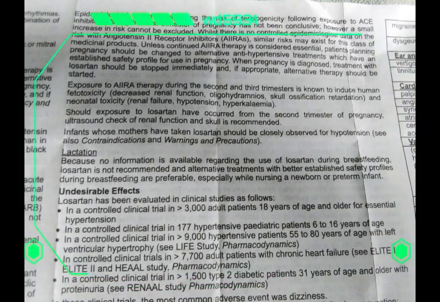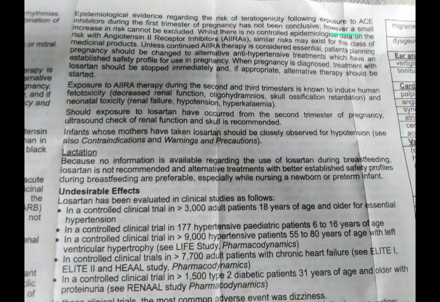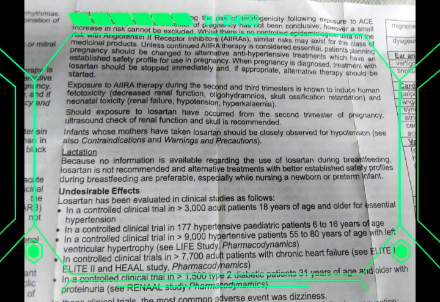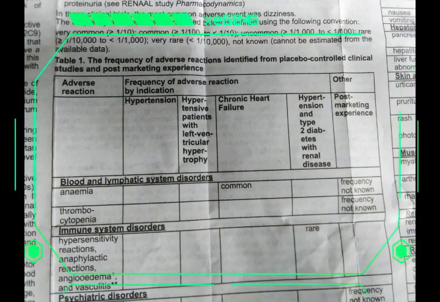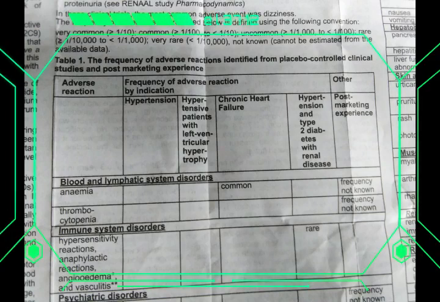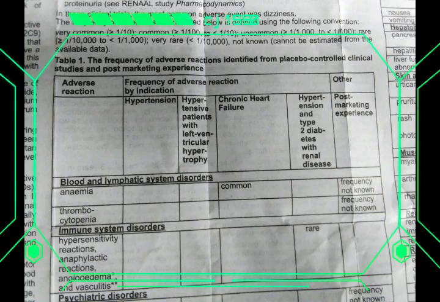Posology. Hypertension. The usual starting and maintenance dose is 50 mg once daily for most patients. The maximal antihypertensive effect is attained 3 to 6 weeks after initiation of therapy. Some patients may receive an additional benefit by increasing the dose to 100 mg once daily. Losartan may be administered with other antihypertensive agents, especially with diuretics.